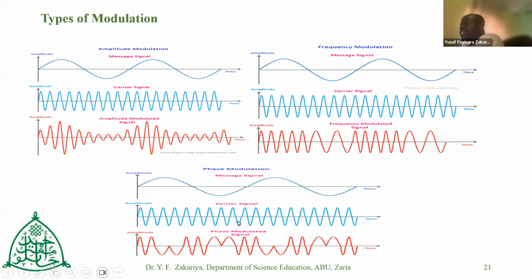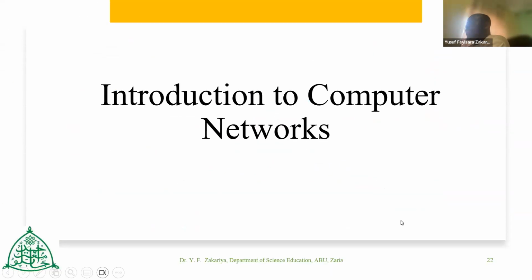And then we have lastly the phase modulation, where we have again the ordinary sine wave, the unmodulated wave, and then we have the carrier signal. And by the time we modulate it now, you can see there is a mismatch in the angle with which this particular wave has formed as compared to the carrier wave. So these are the three types of modulation we have and how we can use them to our advantage in telecommunication. Then we move to introduction to computer networks.